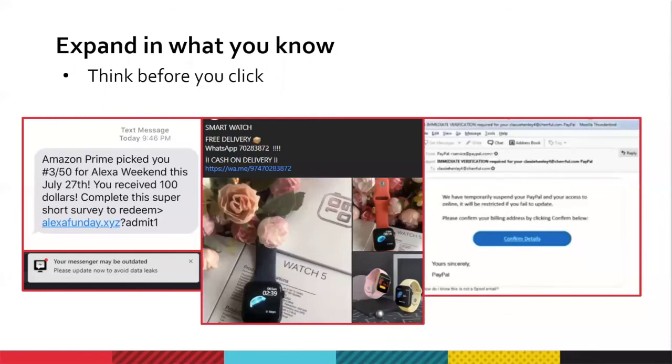Always make sure that the sender is an actual and verified brand. Do a bit of light research, at least just a Google search on who the seller is, who the brand is, if the reviews are actually good, and if it's actually reputable or legitimate.